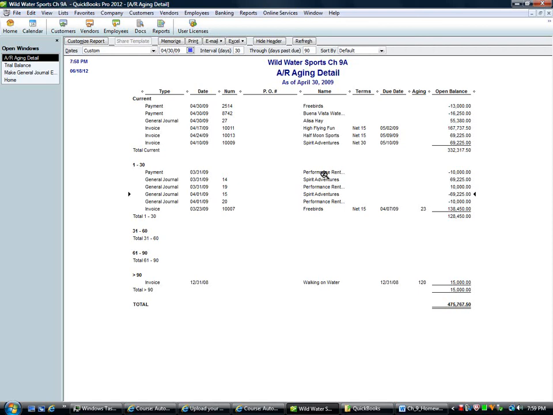So from a practical standpoint, it's nice to have them in receivables. When we do our financial statement, we've got to pull them out of the receivable and put them into what they really are, which is a liability for cash we've received when we haven't done our part, which is giving them the boat yet. So that's what this journal entry is